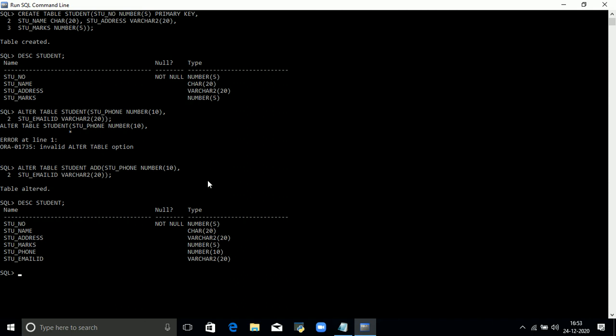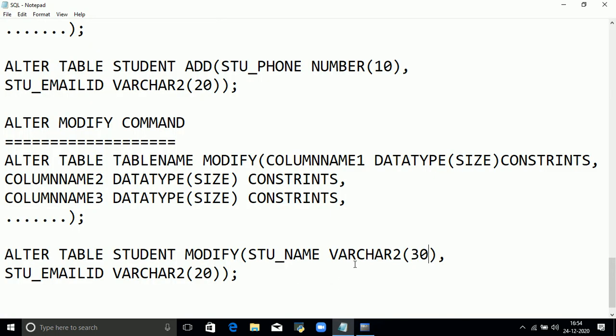Here the student name data type is char. I want to change the char data type to varchar data type, and also change the student address size to 30. So let us execute this command, alter table name modify.